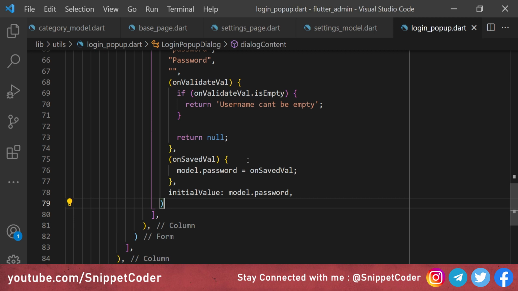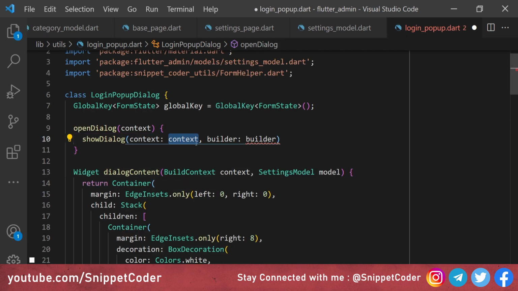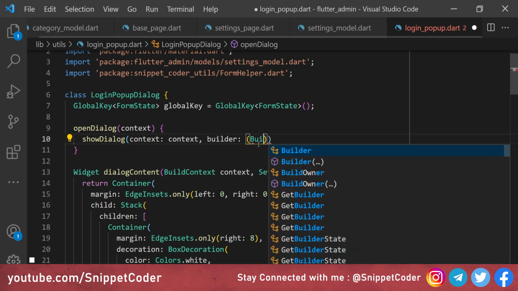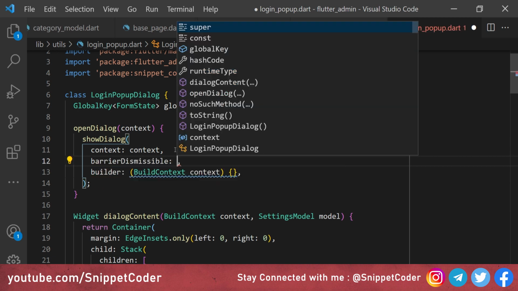So before that we have to modify our above code, and here we will have showDialog. The context we are passing this one. And then we have the builder here, and we will have BuildContext, and here we will have barrierDismissible. So that means if we click on the background of any area, then this pop-up will not be removed. It will stay on the screen.